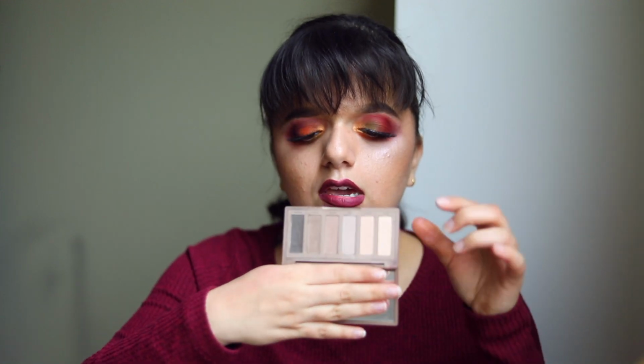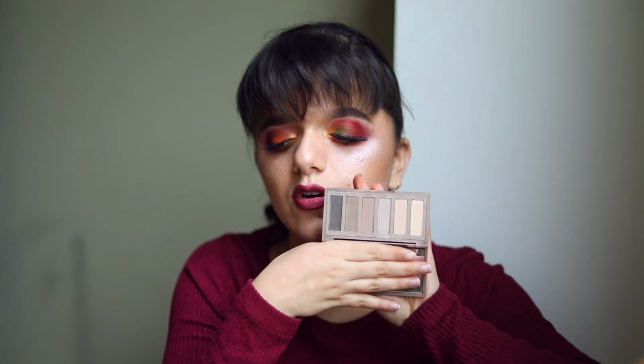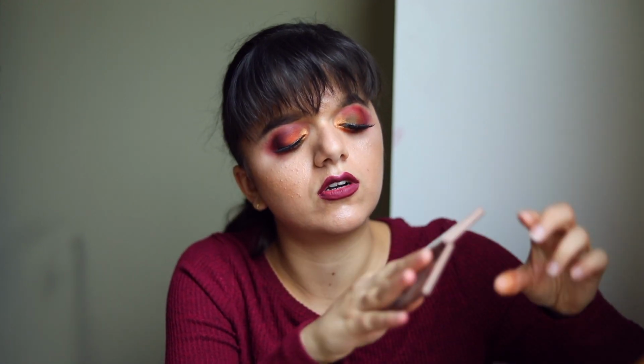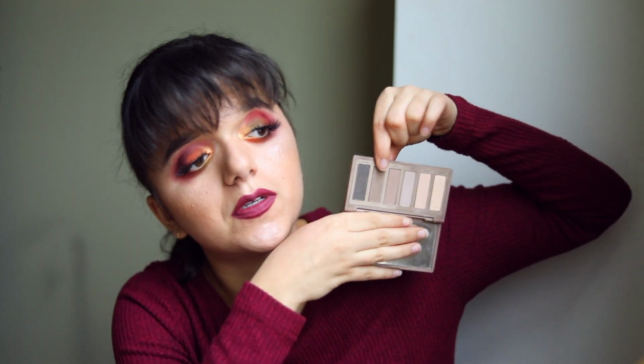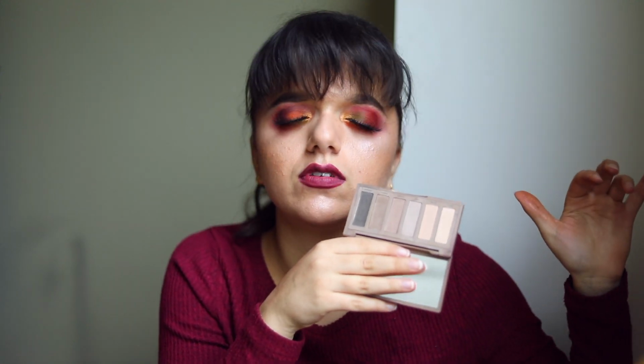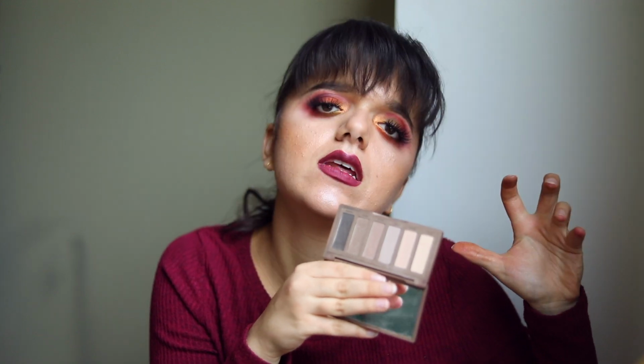I don't like going in heavy, and I just think that a cool toned matte shadow is absolutely perfect. I have been using these two shades most often, and I usually use this shade right here called Primal, which is this cool tone brown color. I love using this on my brows because even though it looks several shades lighter than my actual hair color, it is dark enough to give my brows definition, but light enough to